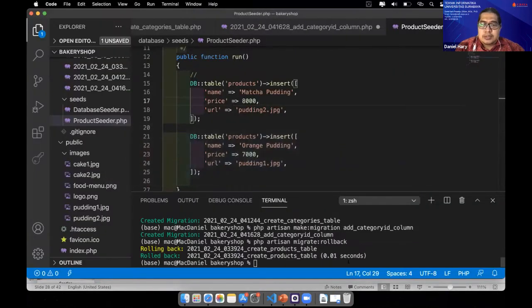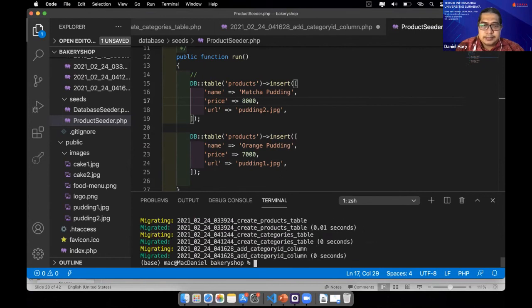Okay, first we will migrate: create the product, create the categories, and then create the relation between product and categories. This one. Create product, create categories, and add category ID column.